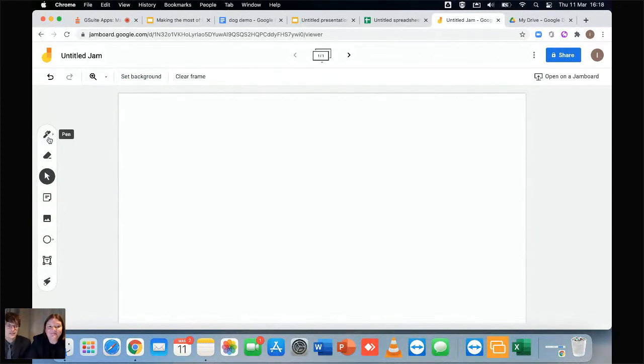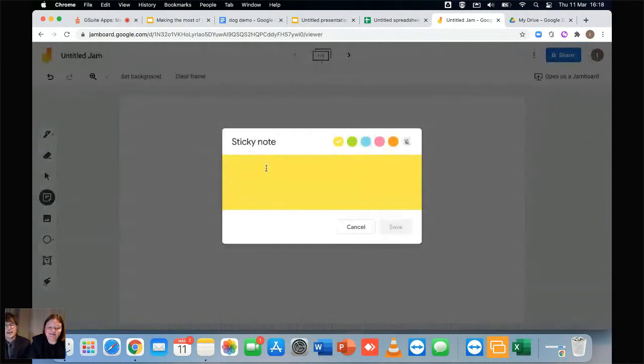Then down on the left hand side, you've got several tools that allow you to add things in. You've got the standard pen tool, which allows you to draw with different types of pens. If you click on it once to select it, you click on it again for it to pop out, and you've got the different colors that are in there. Then if you go down, you've got the eraser tool, and you've got an arrow tool, which is your selection and moving things around. You can add in sticky notes. We really like the sticky notes feature, because